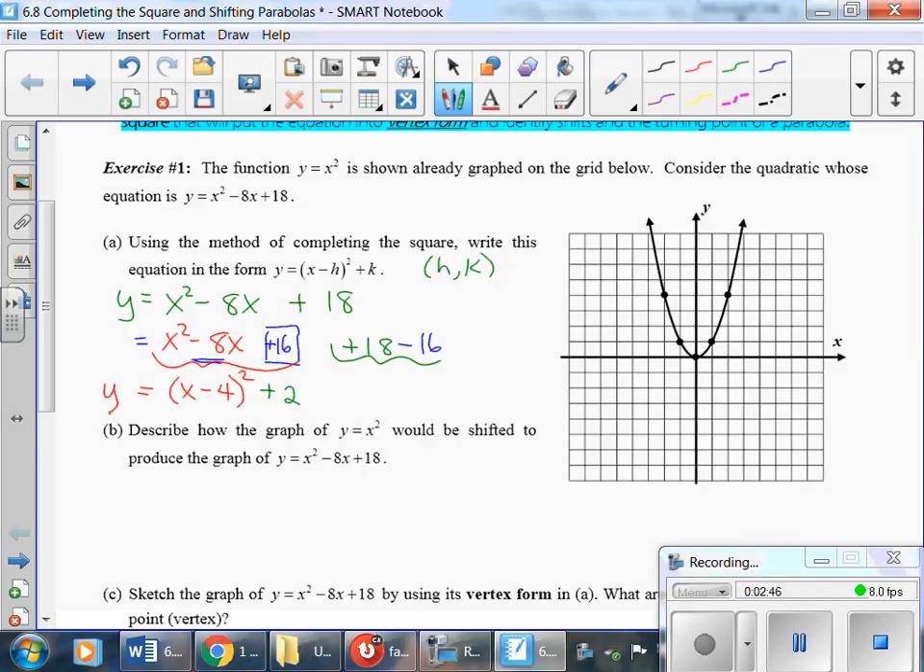B says, describe how the graph of y equals x squared would be shifted to produce the graph of y equals x squared minus 8x plus 18. Well, using our formula here, I know that I'm going to change this sign to a positive 4, and I'm going to keep that positive 2 exactly the same. So in order to go from (0, 0) to (4, 2), the parabola shifts